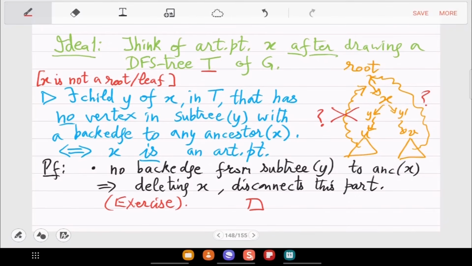The main idea is basically this picture. So when X is an articulation point, there has to be this special child Y. At least in the non-root, non-leaf, internal case. So root and leaf we'll discuss now separately. So that is what remains. So those are the boundary cases, but they will be quite easy.